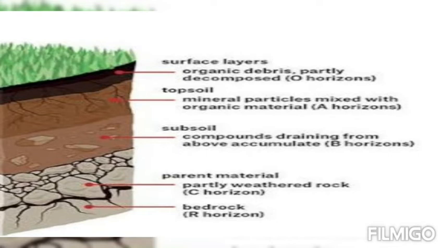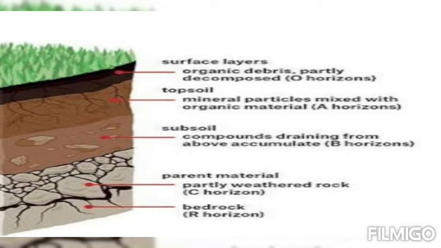So the topmost layer is the darkest because it is richest in humus. It is known as topsoil or A horizon. The second layer is known as subsoil or B horizon. It is comparatively lighter in color because it contains less humus and it has bigger rock particles and pebbles, and all the rainwater collects here. Then the third is C horizon or rock fragments. Here there are bigger rock particles.